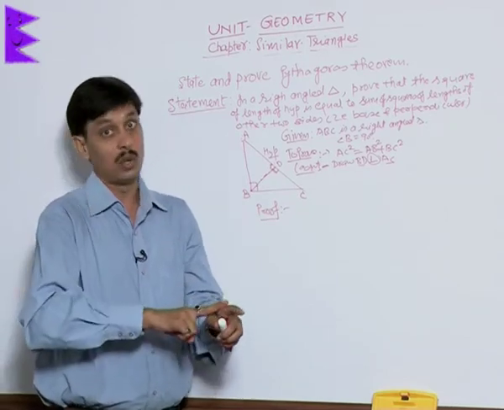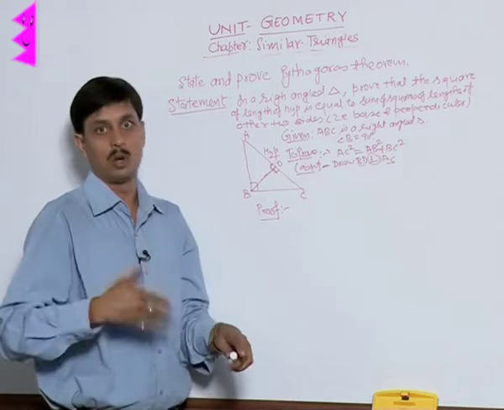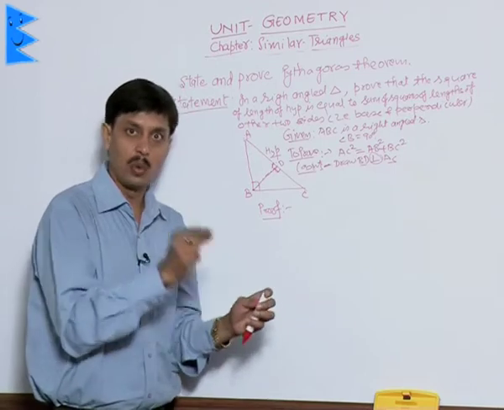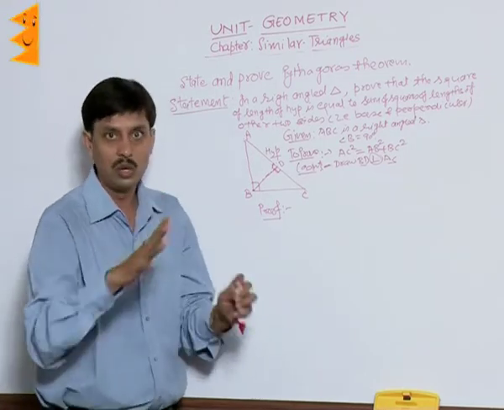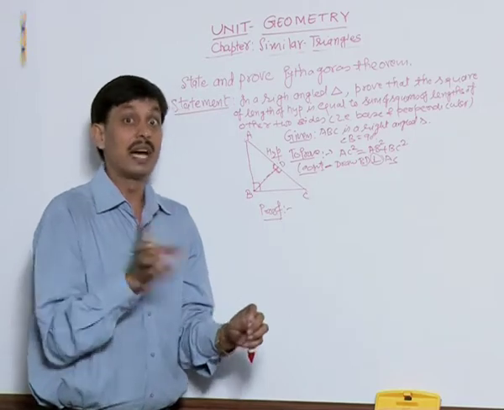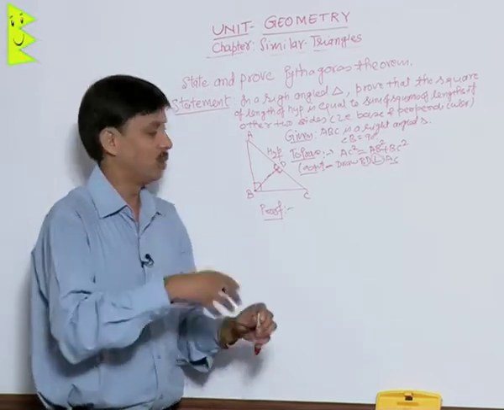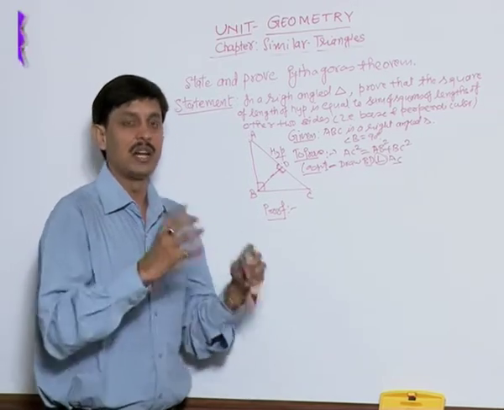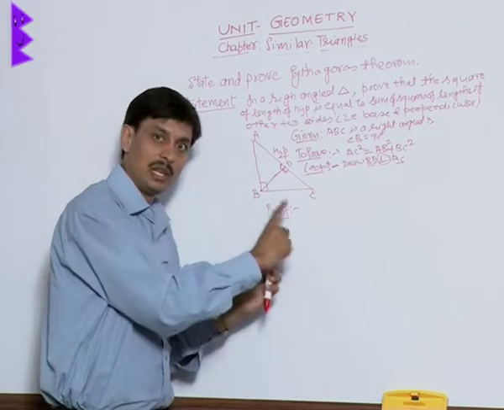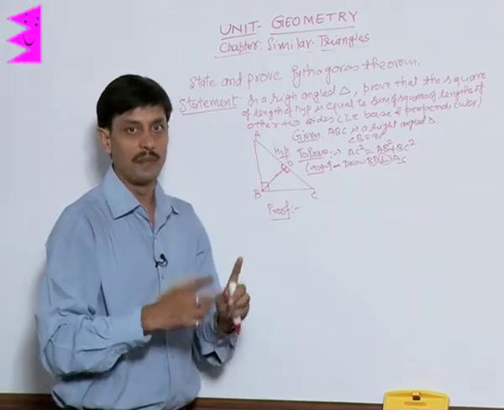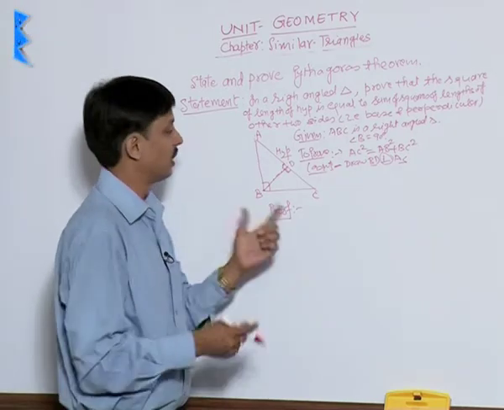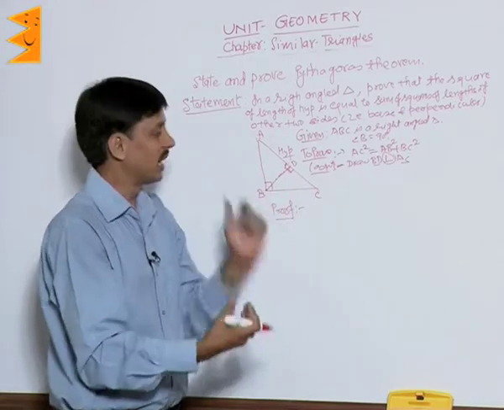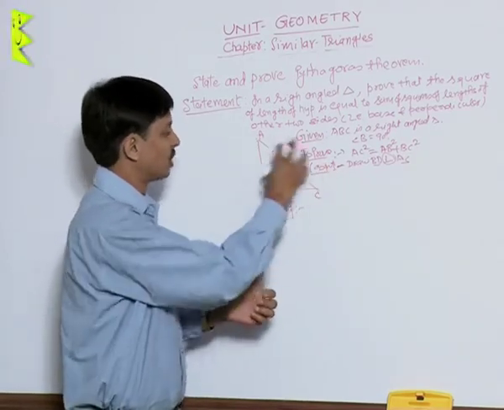If even two angles of the first triangle are equal to the second, then they are also similar, because by the angle sum property the third angle will automatically be equal. Another is SAS: one angle of the first triangle is equal to one angle of the second triangle and the sides containing these angles are in equal ratio, then these are also known as similar triangles. Third is the SSS criterion: if the ratios of corresponding sides of the first and second are equal, then by the SSS condition the triangles are similar. So we will use some of these criteria, and by using that similarity we will prove this theorem.